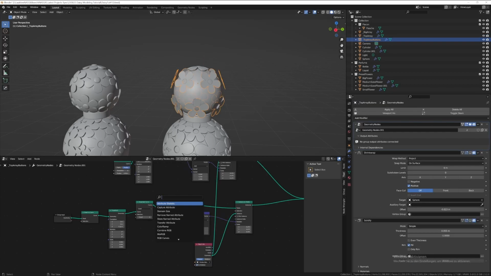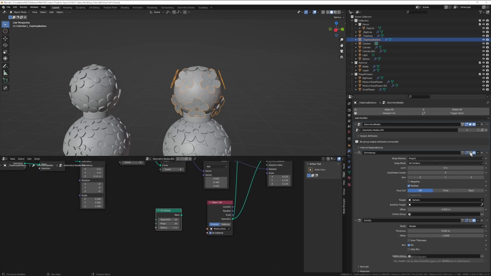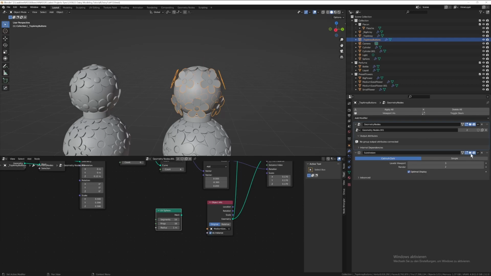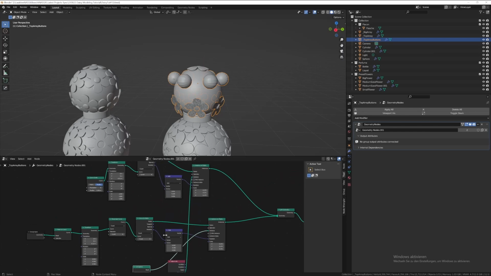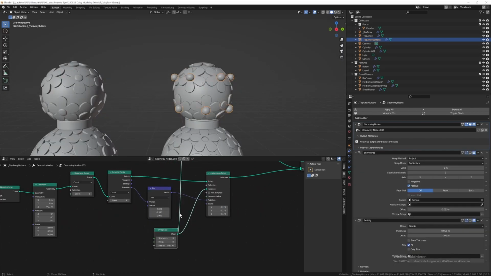You deactivate the modifiers, and then you add in a UV sphere as a geometry node. With that UV sphere, you can replace the object infos that we have already in there. And actually you can delete the shrink wrap and the solidify, because we don't need that, and also the subdivision. So now simply take the mesh input and put it into the instances, and you will see that the bubbles come to life. Scale them down a little bit in the radius, and with a transform node that you can place between it,